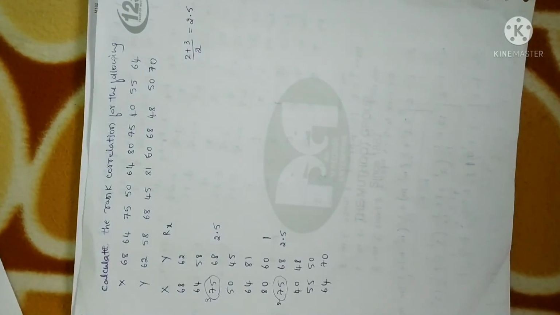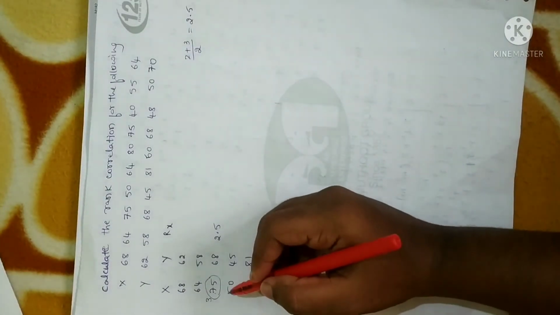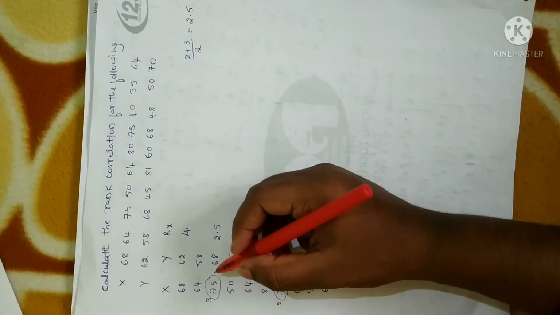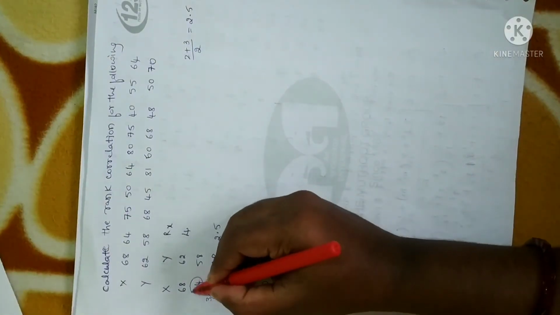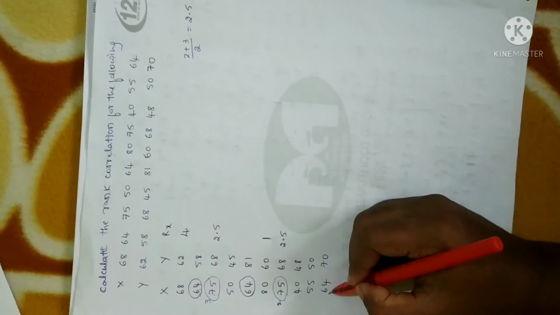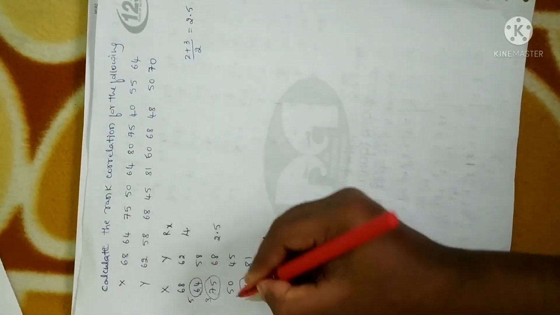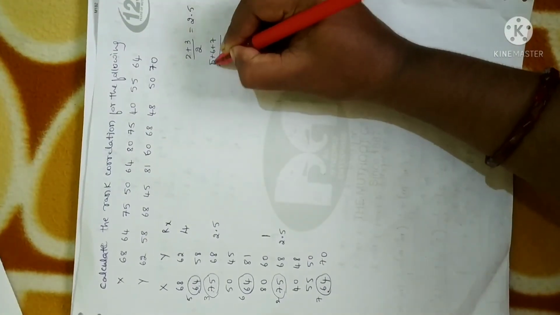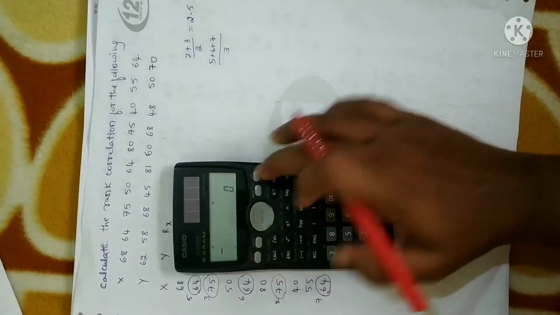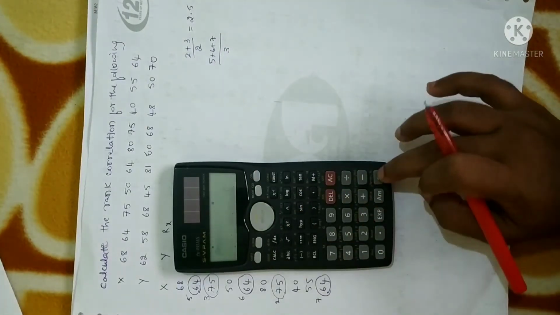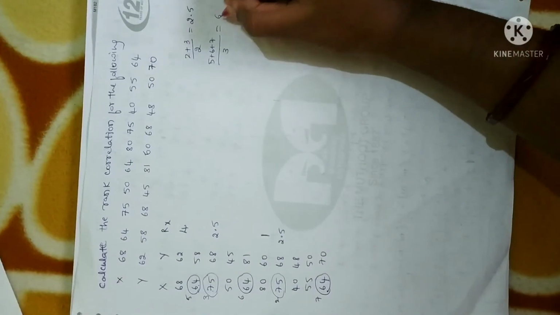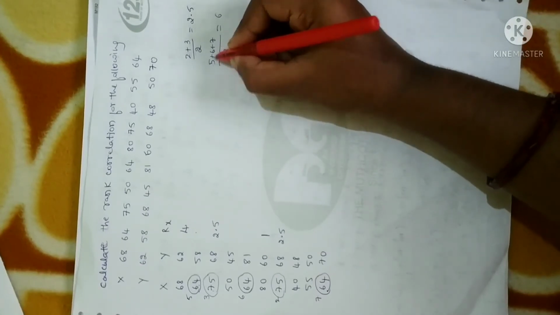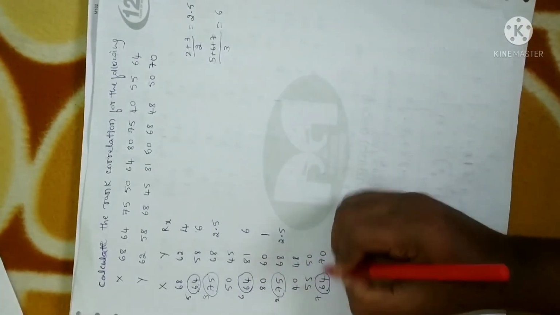Fine. Since second and third rank is filled, next we have to place fourth rank. So it is 68, the next highest number. Next we check the next highest number. It is clearly 64, but 64 is repeating thrice here. So 5th rank 1 number, 6th rank 1 number, and 7th rank 1 number. So 5 plus 6 plus 7 divided by 3 will give you 6. So this 6 has to be placed for these 3 ranks, that is 5th rank, 6th rank and 7th rank should be placed as 6, 6 and 6.